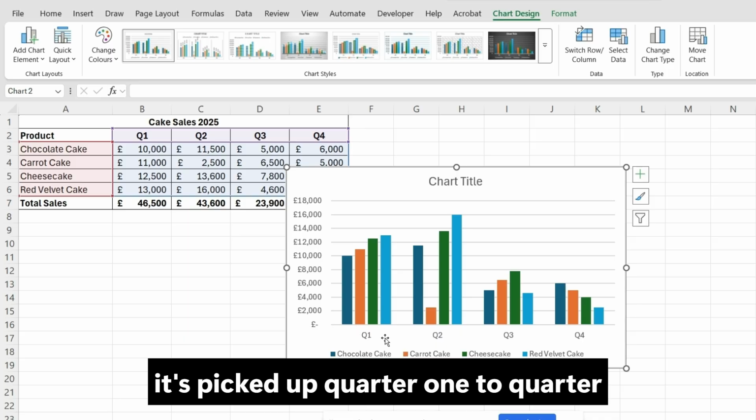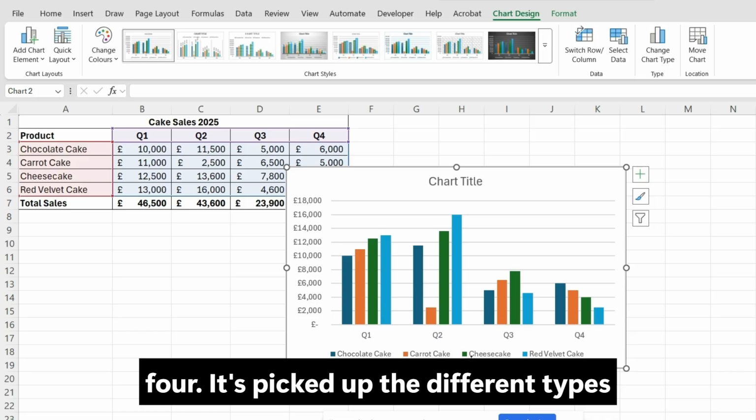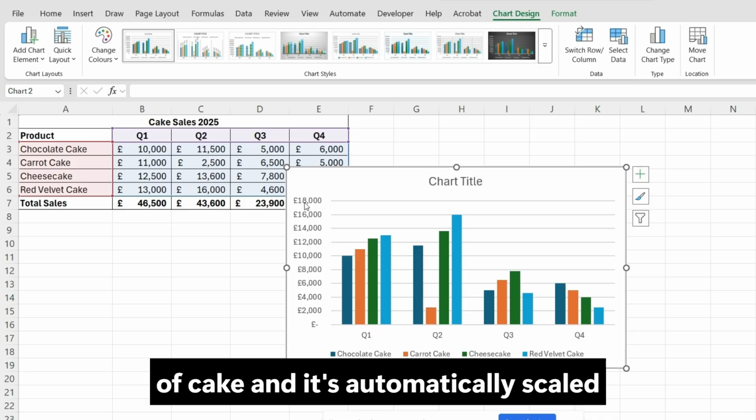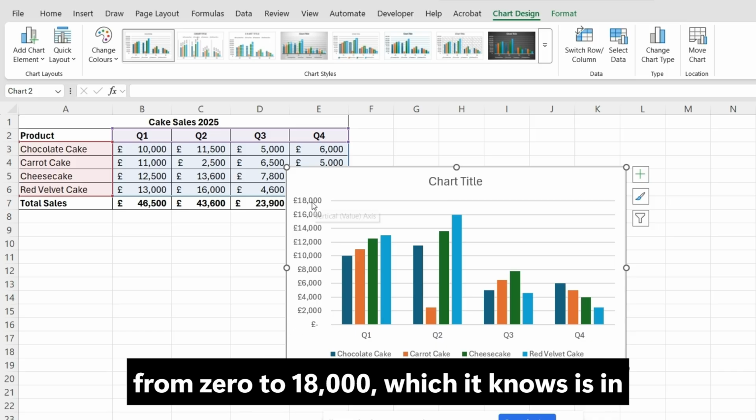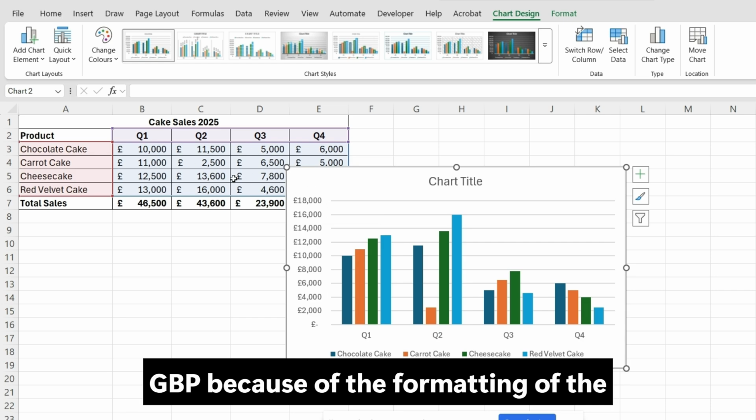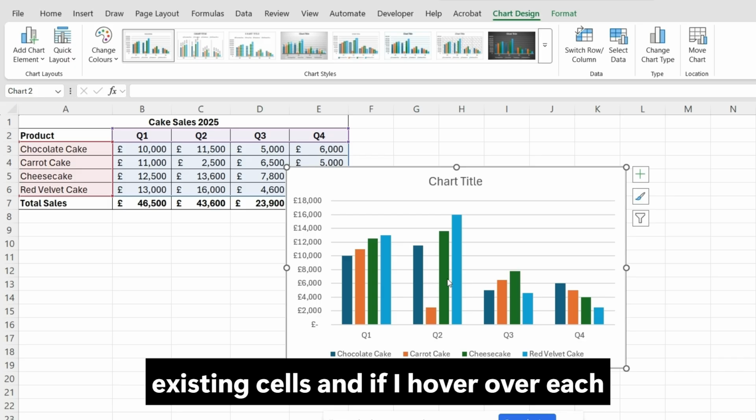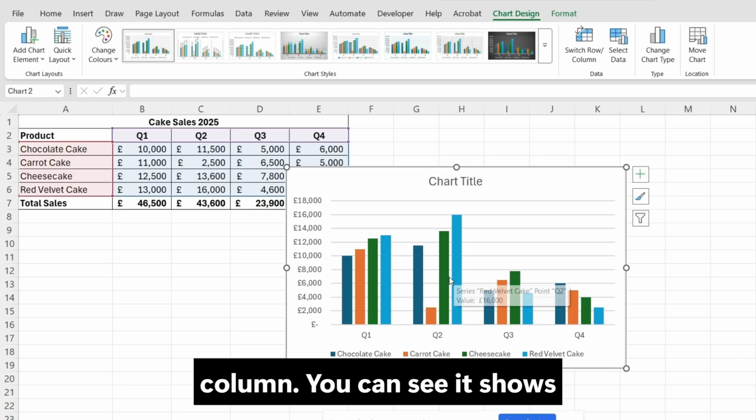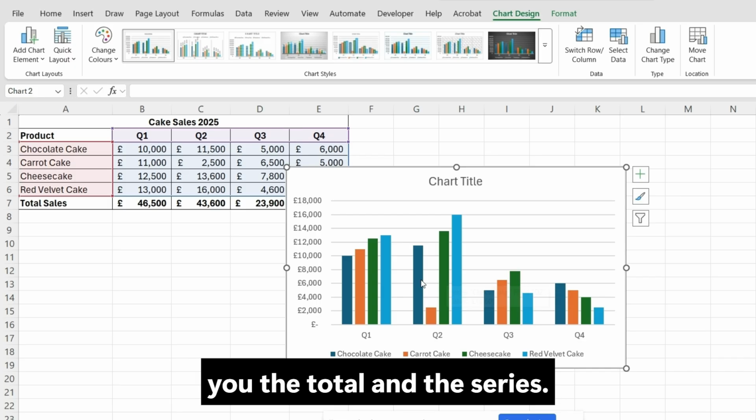It's picked up quarter 1 to quarter 4, it's picked up the different types of cake, and it's automatically scaled from 0 to 18,000, which it knows is in GBP because of the formatting of the existing cells. And if I hover over each column, you can see it shows you the total and the series as a